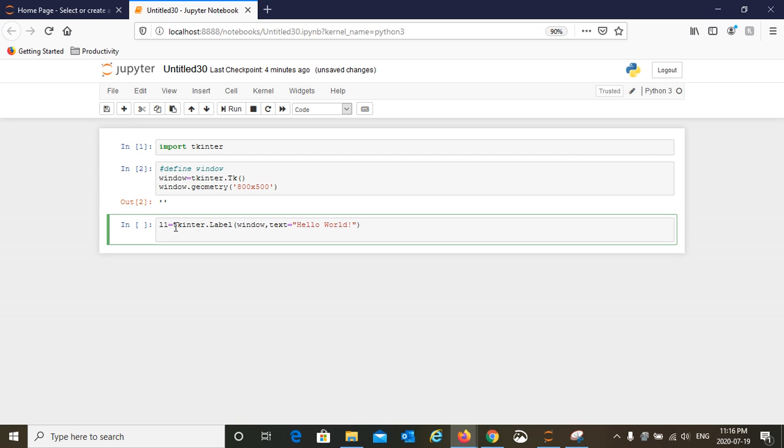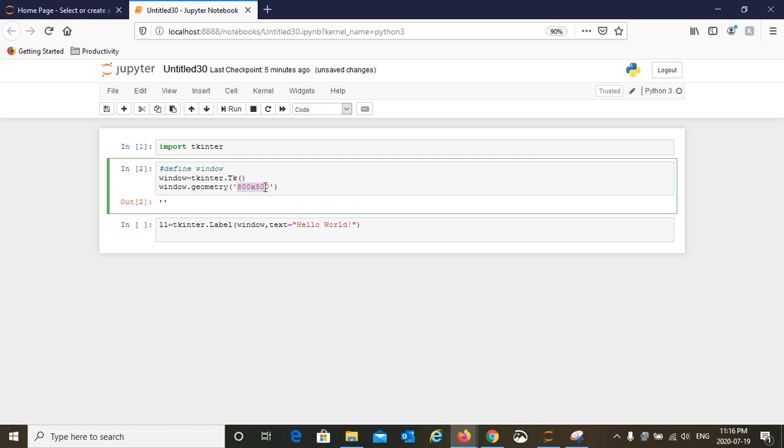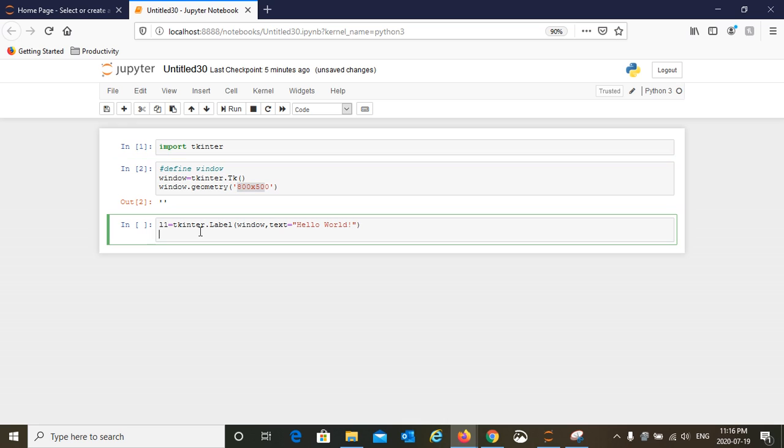And where will this label fall on the overall window of 800 by 500 size? That is mentioned using grid. So L1.grid, and we say column equals 0, row equals 0. That's where this label is going to come.